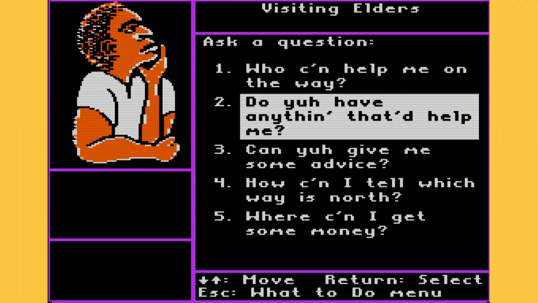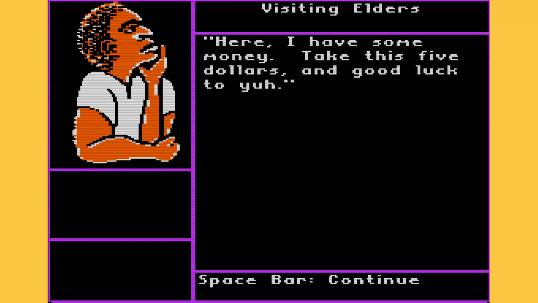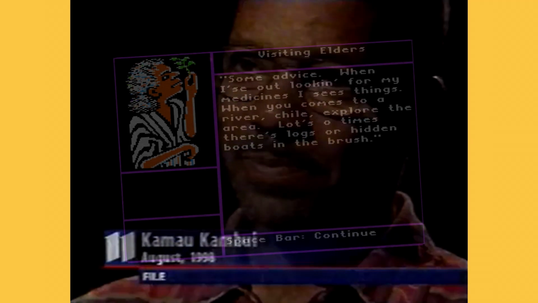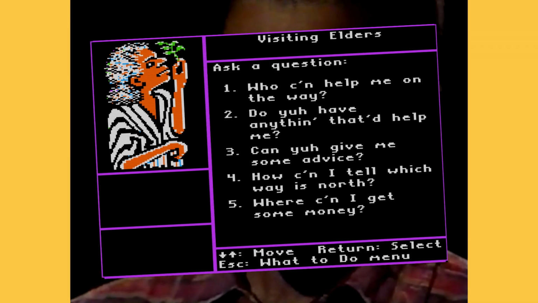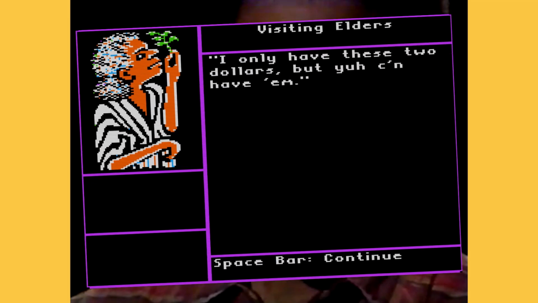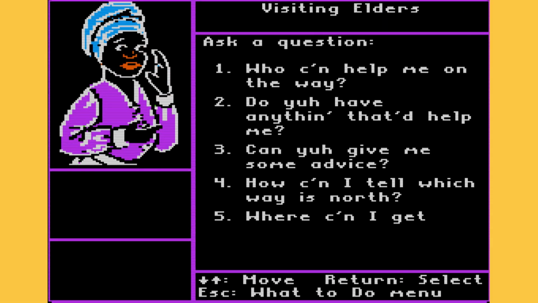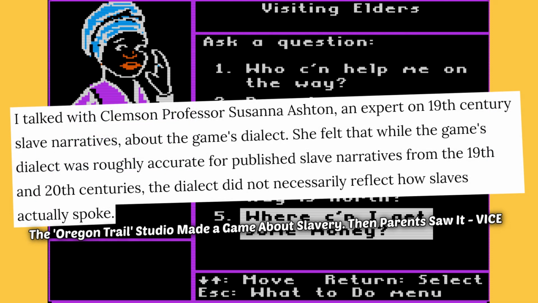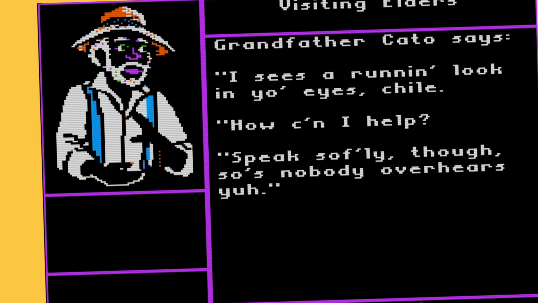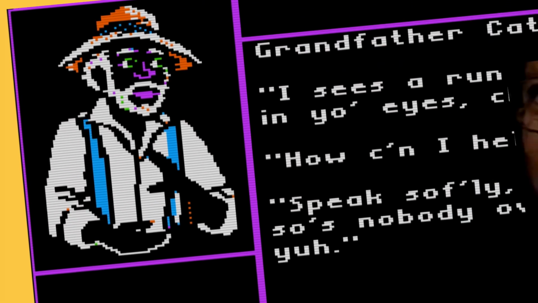Now, there's obviously a bunch of very exciting directions that we could go in from here, but let's start with this dialogue. Mr. Kambui assured the developers, who then assured those parents, that this vernacular was historically accurate, and 100% how all slaves talked during this time. Even if that were 100% the case, though, which according to another expert in that field, likely isn't, the look of these NPCs would do more than enough damage to destroy any remaining credibility Mech or Kambui had in their case.